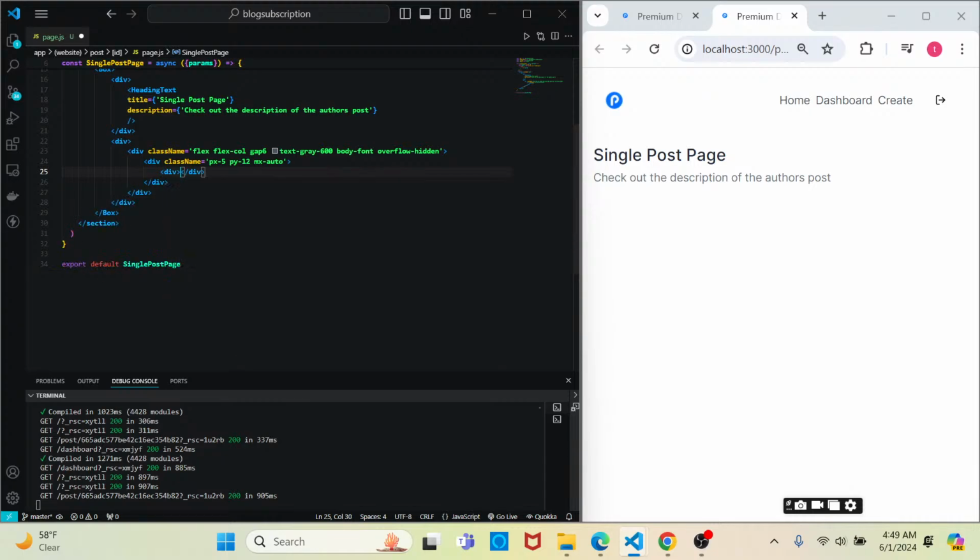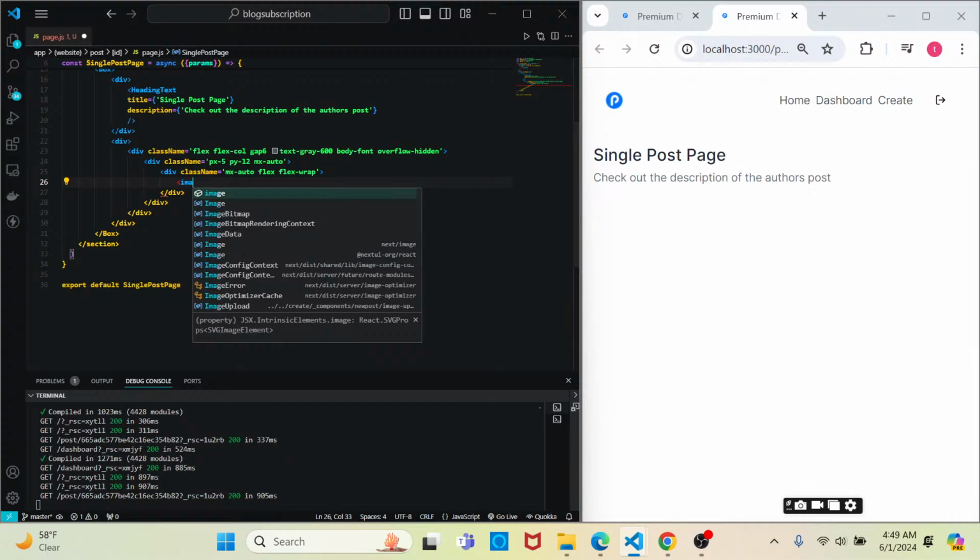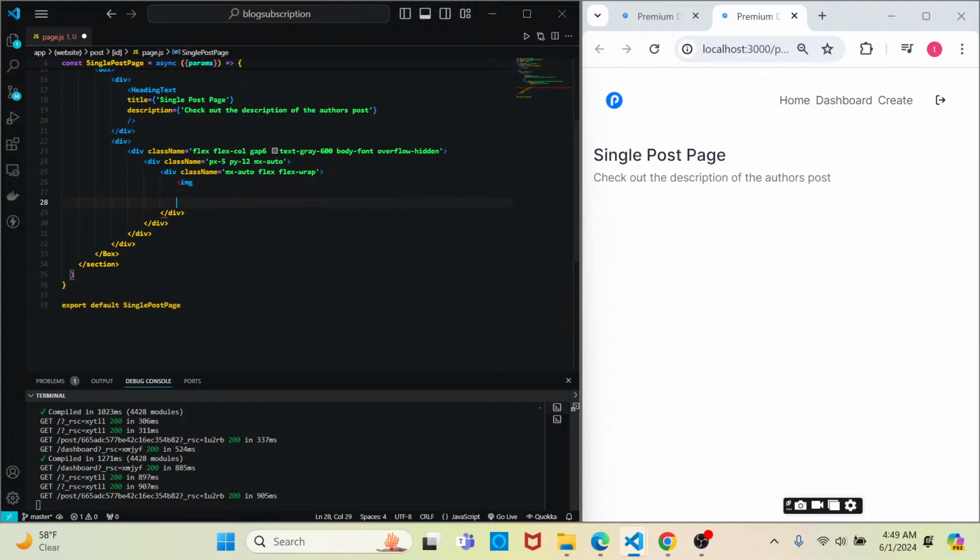Then inside of that div, we'll add another div, and let's say class name. This is going to be for the image. We'll go mx-auto, flex, and we'll go flex-wrap. And then with this one, we'll go image, img,